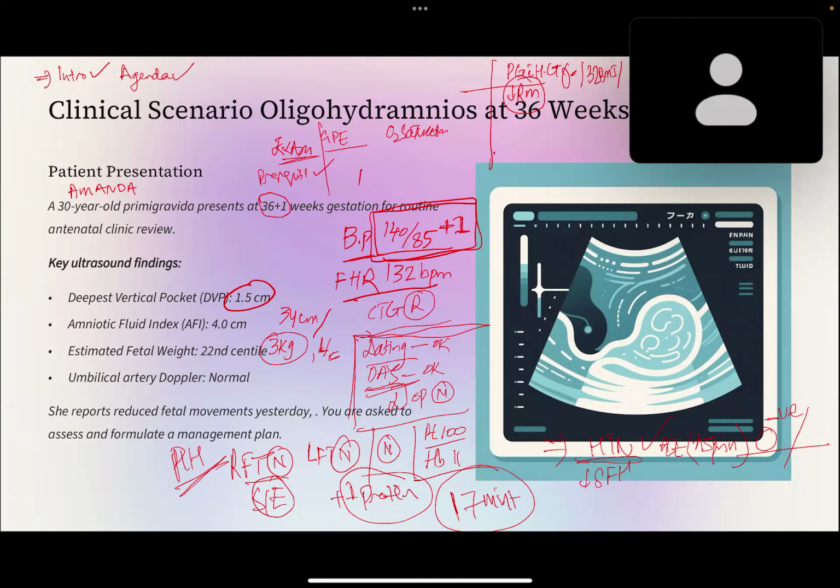AFI has been reduced from the previous scan from 5 to 4, and DVP has reduced from 2 centimeter to 1.5. Her PIH profile is normal. And she has urine proteinuria of +1. Renal function tests and electrolytes are normal. So